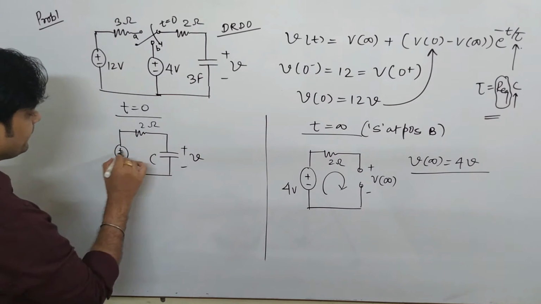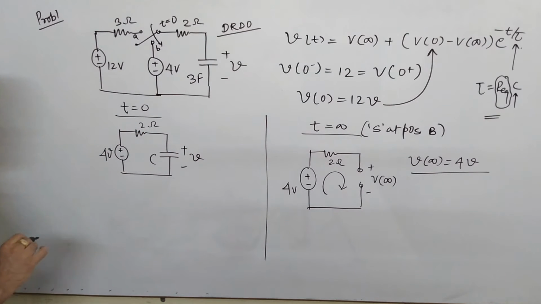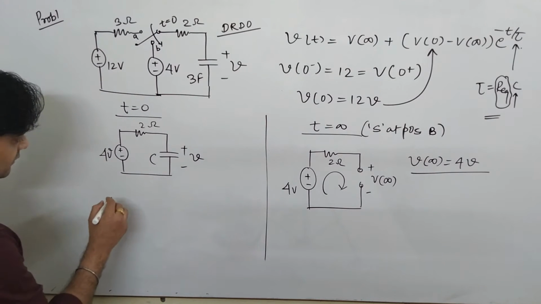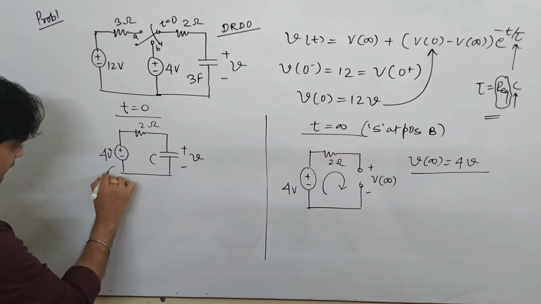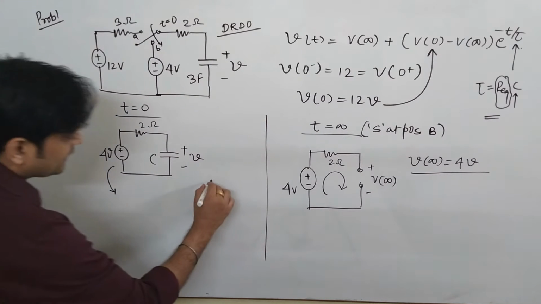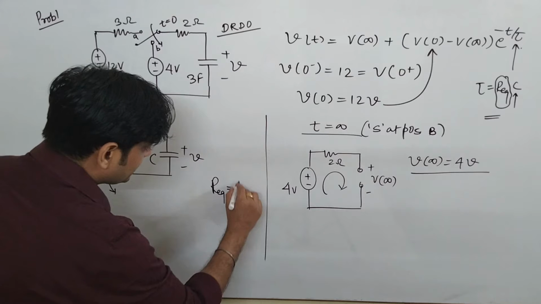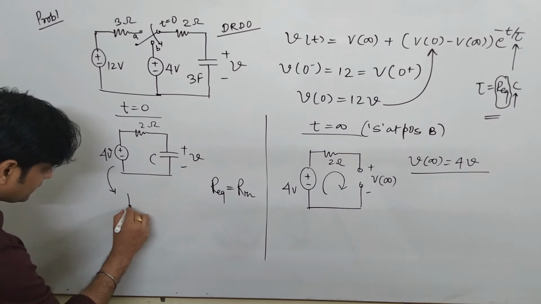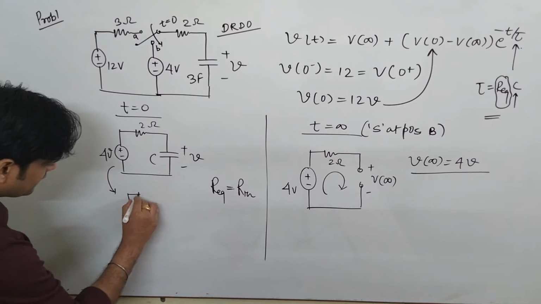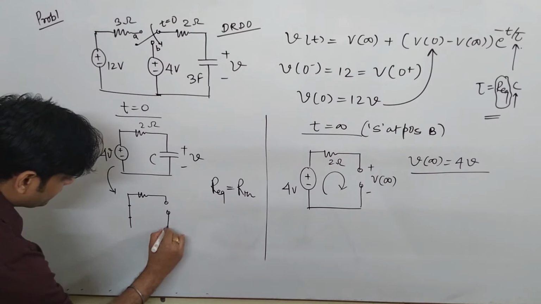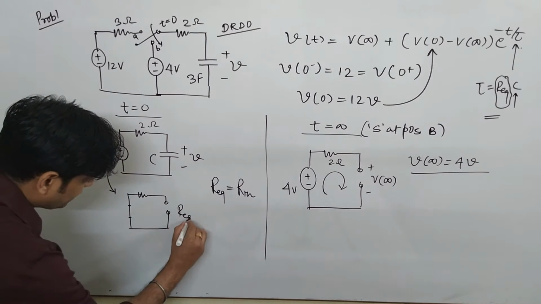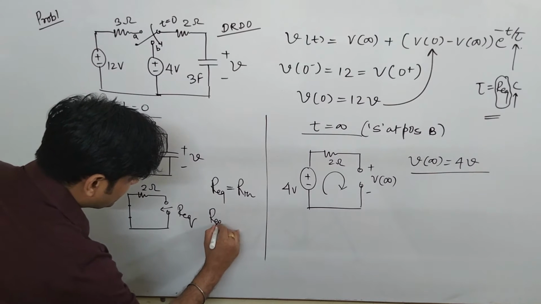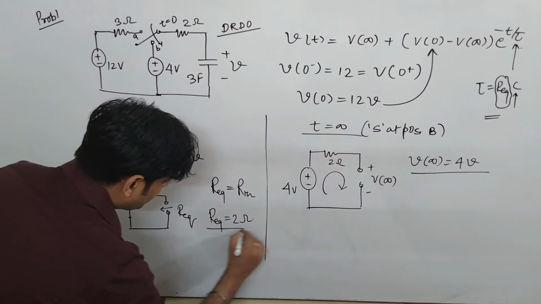Very important thing. This is 4 volt. As I told you earlier, for finding out the R equivalent, that is always found across the capacitor. So if I redraw this circuit for finding out the R equivalent, that is Thevenin's equivalent, the independent source, that is the voltage source, will act like a short circuit, and this is R equivalent from where you have to find this value. So the value of R equivalent is what? It is 2 ohm. Very simple.